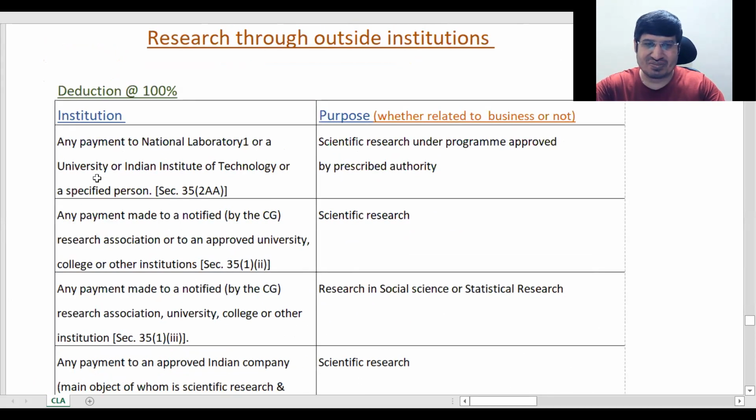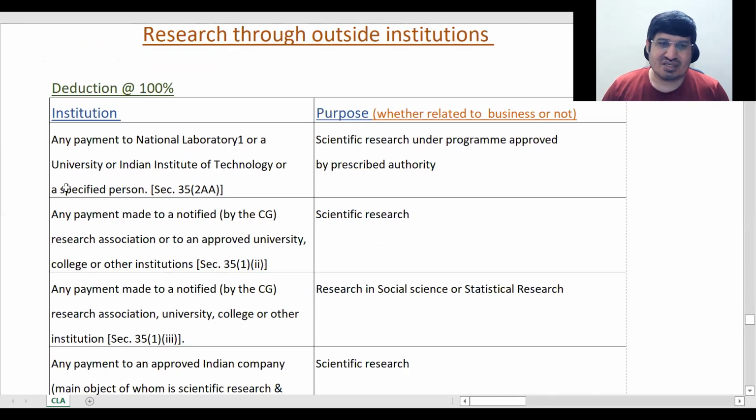Okay, so deduction is 100% if you are contributing to some prescribed outside institutions for research. ठीक है, this is institution. जब आप outside को करते हो ना, it can be related to your business or not. That's fine. You'll still get deduction. Okay, when you are contributing to outside institutions, it can be related to your business or not. For both, you will get deduction. Now, first is